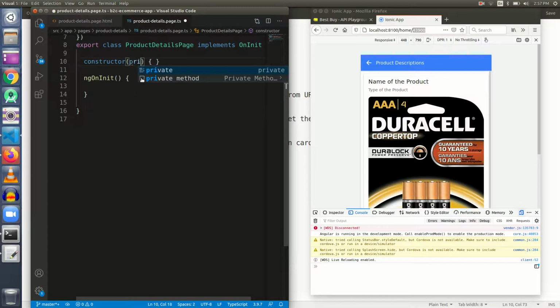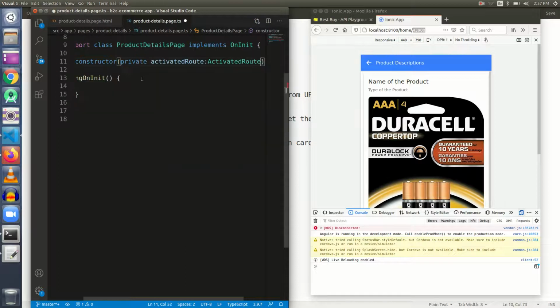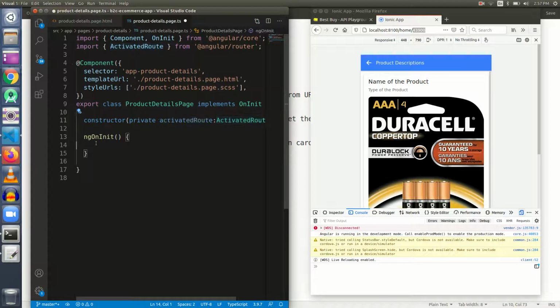So let me declare a variable activatedRoute, and it would be of type ActivatedRoute, and ActivatedRoute will be automatically imported, as you can see here, and we will use this ActivatedRoute inside our ngOnInit to fetch the ID.